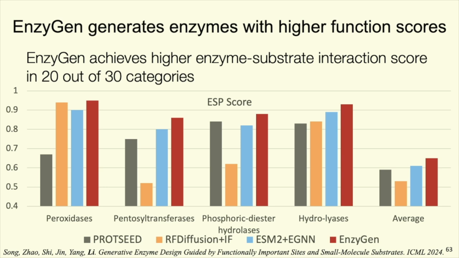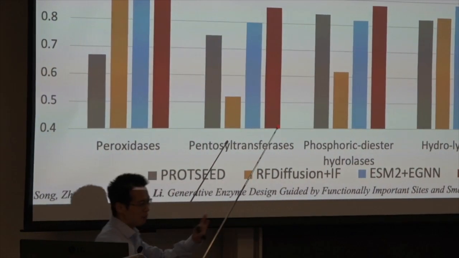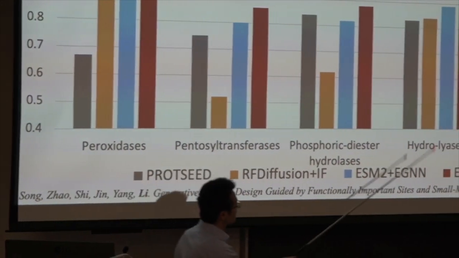Okay, so here's a result. This one shows the enzyme substrate interaction score. It's called ESP score. It's an indicator to tell the affinity between the enzyme and the substrate. The higher, the better. These are a few example enzyme categories we put here. There are 30 of them. The rest are in our paper. And this is the average score